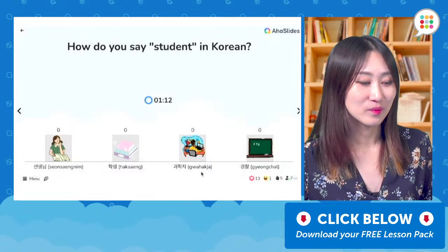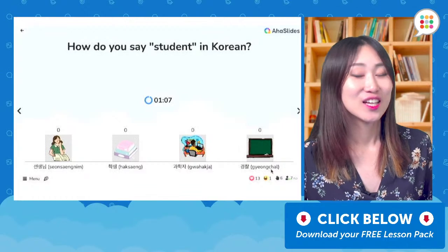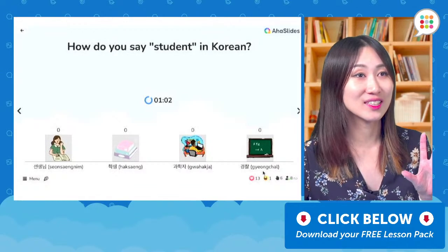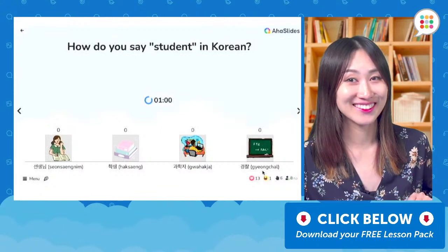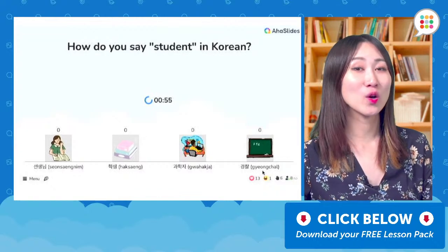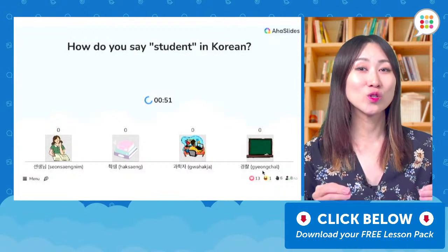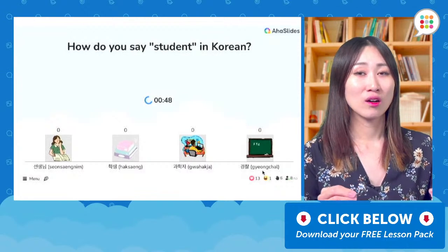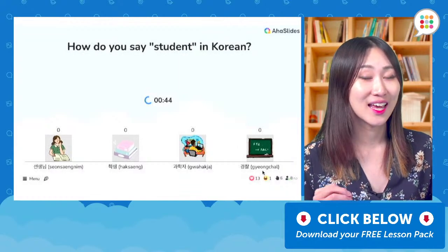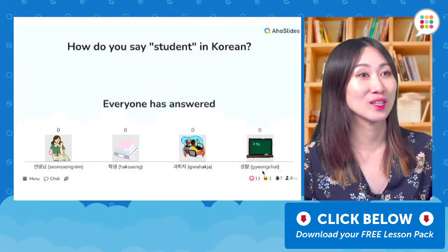과학자. So last word we have is 경찰. 경찰. So how do you say student in Korean? Well, we repeated this word many times, so I hope you can get it all. But if not, don't worry. This quiz is not to evaluate your ability, but just to review what you learned. And if you forget, then you can memorize with us together.